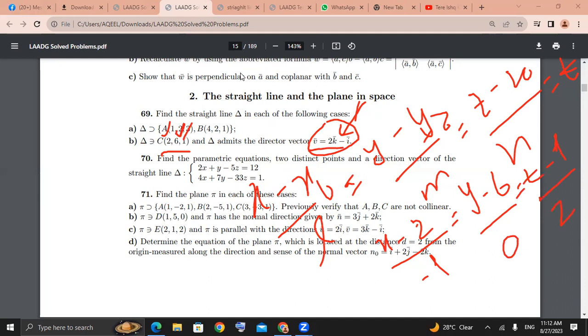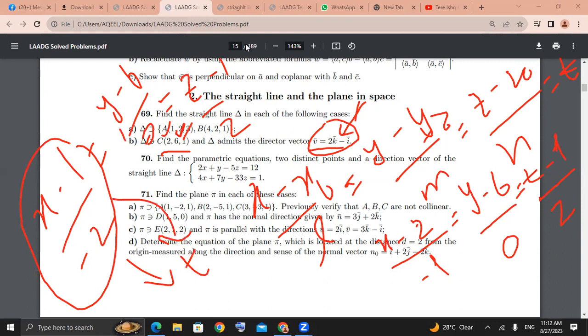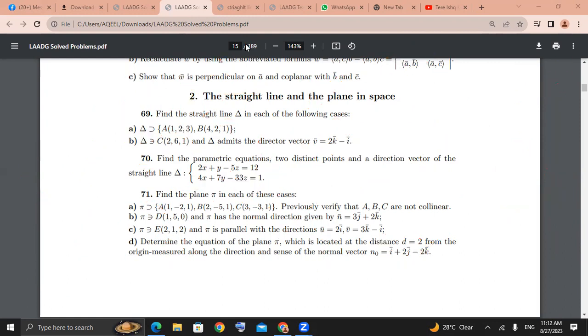So we have obtained x minus 1 divided by minus 2, y minus 6 divided by 0, and it's equal to z minus 1 divided by 2. Is it clear? Yeah. In order to find the parametric form, you put this equal to t and get the value of x, and put it equal to t, you get the value of y, which is 6. And when you put this equal to t, you get z is equal to 1 plus 2t, and the equation you have obtained is